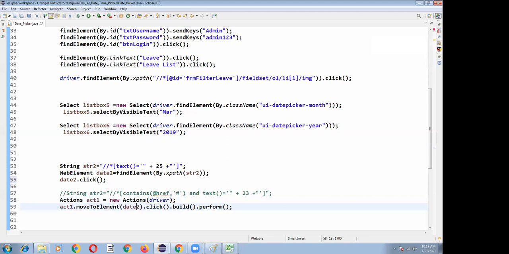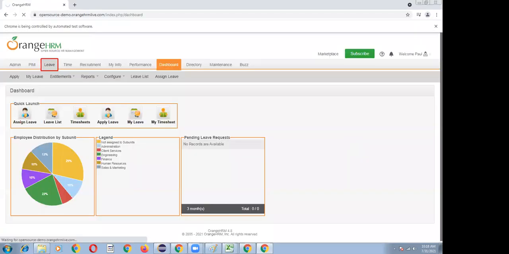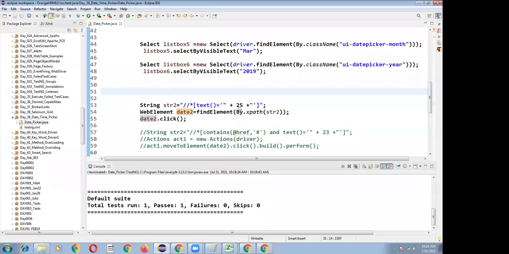So March 25th is selected. Like that, we can select the date. Suppose if we want to, you can declare integer i is equal to 10, and you can pass this i value here, so that that particular value we can pass it here, and we can select the required date like that. So that's it on how to handle a date time picker.